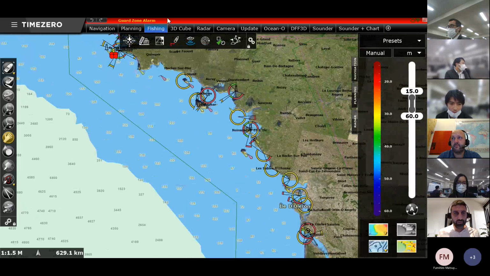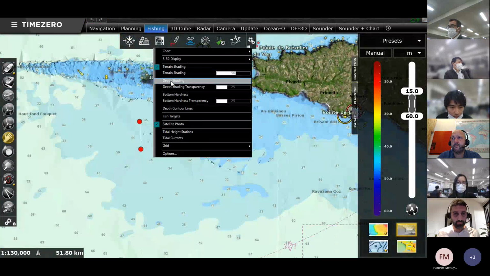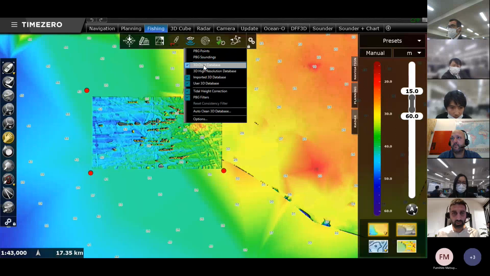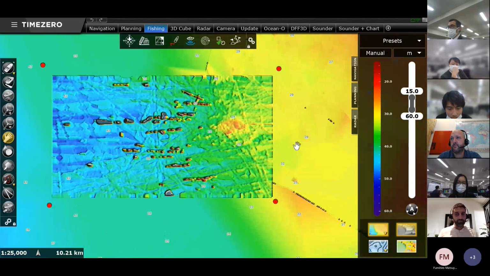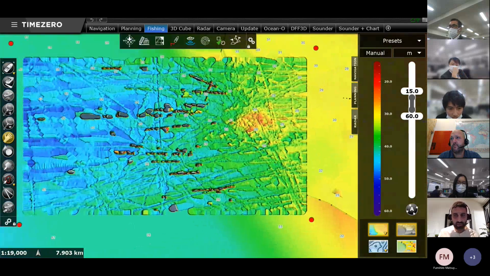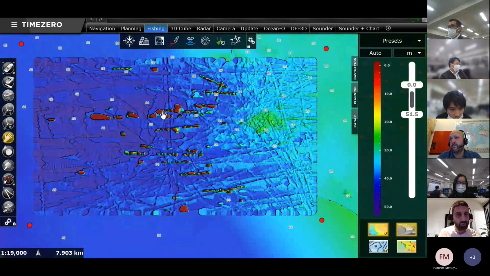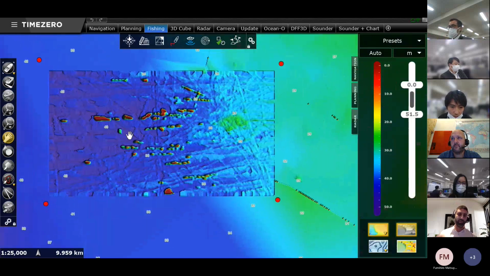I have imported the database. Normally it should be somewhere here. Yes, this is the database that I wanted to show you. I will leave it like this. In this database, you can see very easily that it has some red points here. These red points don't look really good. It looks like these points are errors, sounding errors.